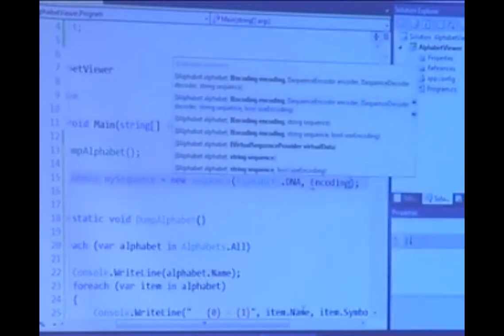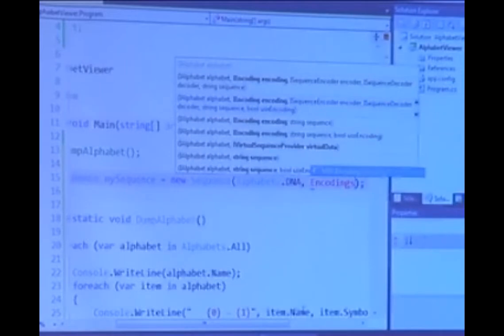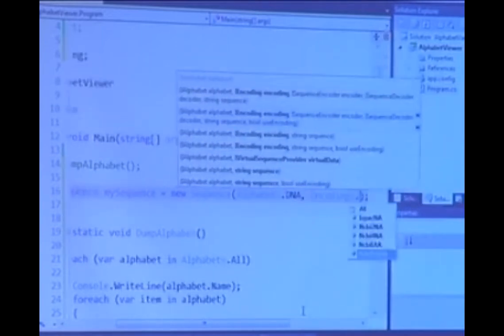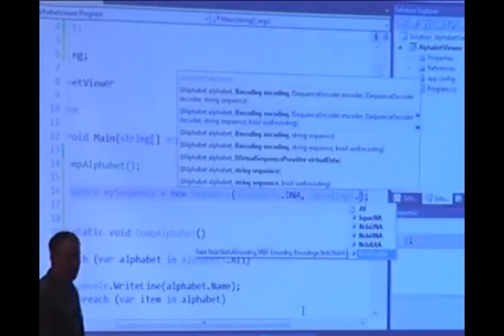No, it's encodings. There it is, encodings. See, that's the problem when you have other classes that we're competing with that have similar names. It comes out of the MBF encodings namespace, and so we're just going to go ahead and add a using for that. And then here they are. So there's IUPAC encodings, and then there's a bunch of NCBI encodings that are there.